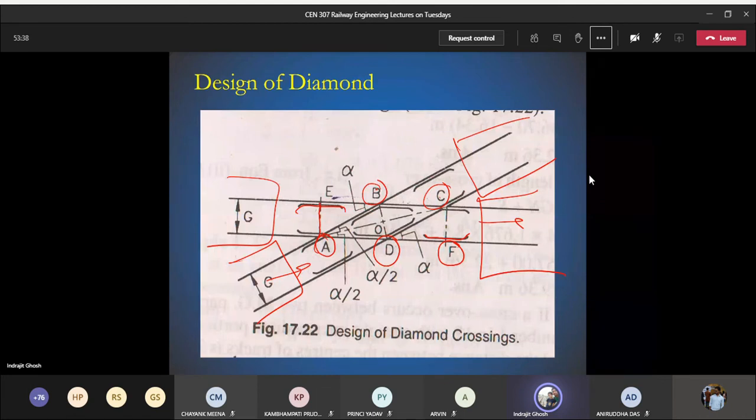Now we will be using certain properties of the rhombus. The first property is that its sides are the same, so AB is equal to BC is equal to CD is equal to DA. The other property is that if we join the diagonals of the rhombus, they bisect each other at 90 degrees. So this is 90 degrees, and this is half, this is also half. So let us use all of those properties.